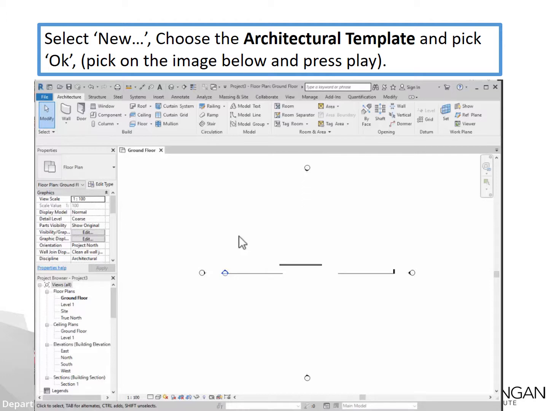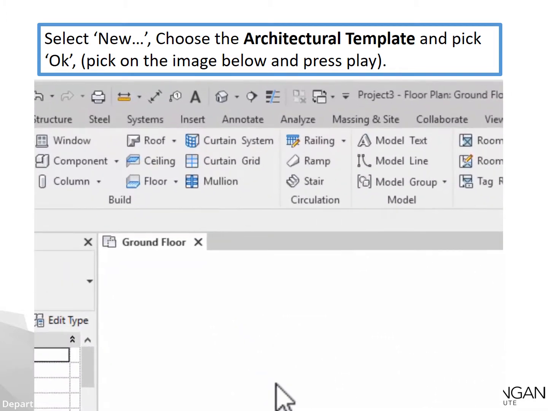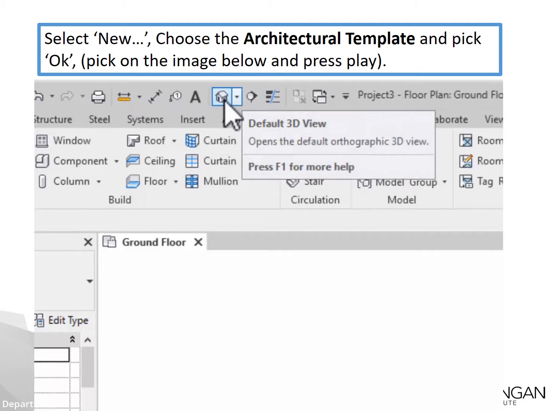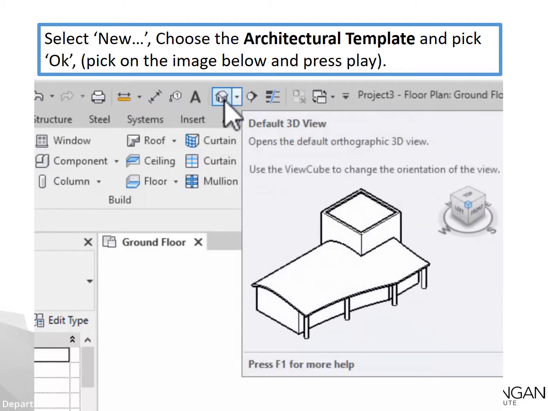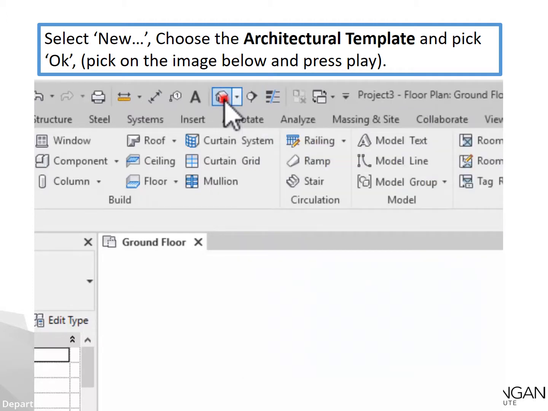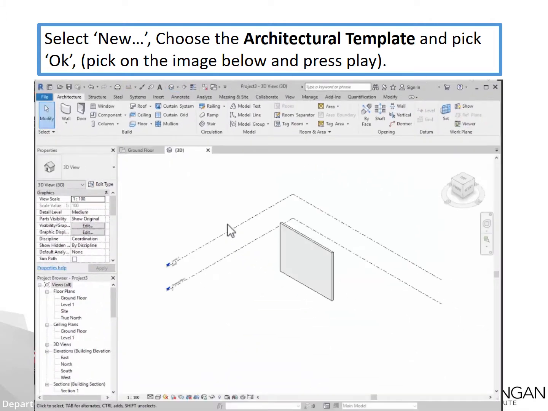And we can actually see that wall in a 3D view. So right up the very top of our screen here we have a little dog kennel. It's actually our default 3D view, and if I select that view, it'll take me off to a 3D view where we can see the wall. And in picking on that 3D view, you'll notice here that it's opened up another tab across here. We can return to the floor plan view,